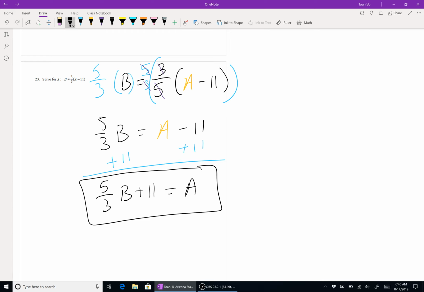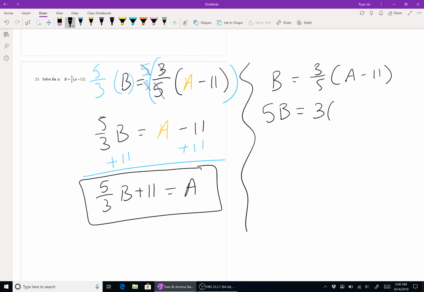Now, when it comes to these rewriting formulas or solving for a variable in a multivariable equation, there are a lot of different ways that these problems can look. So this isn't the only structure you could have had. Let's say, for instance, you took this route. Say you didn't want to multiply by the reciprocal, but you did want to get rid of the fraction, the divide by 5. So I could have multiplied both sides by 5,